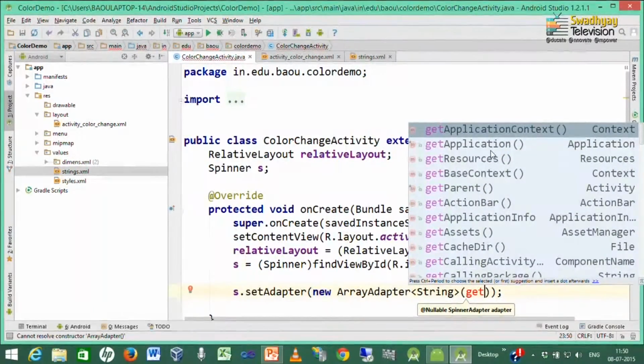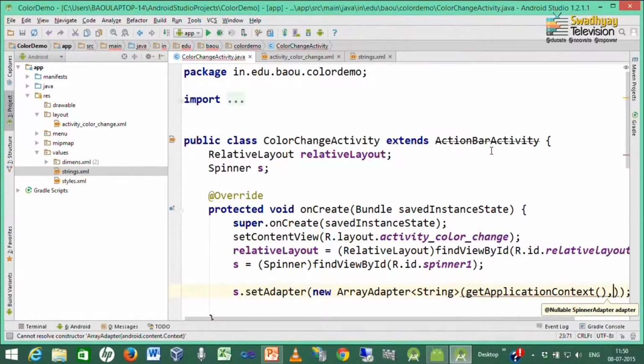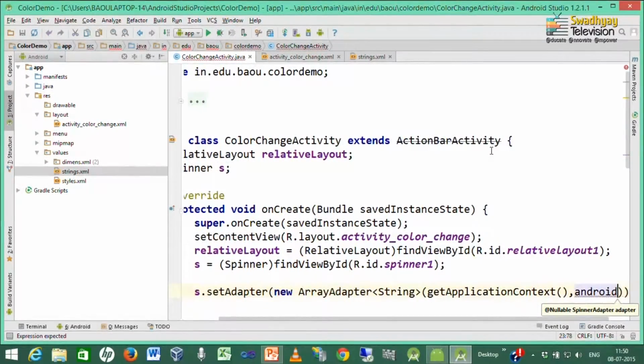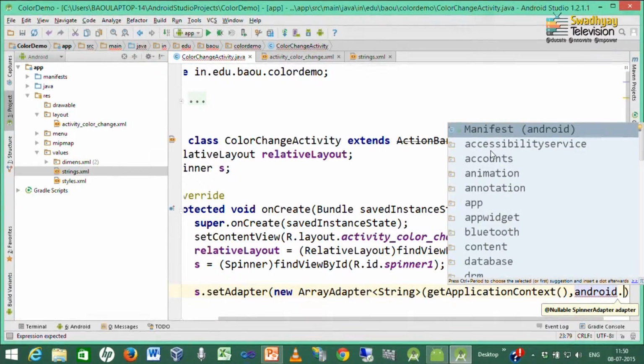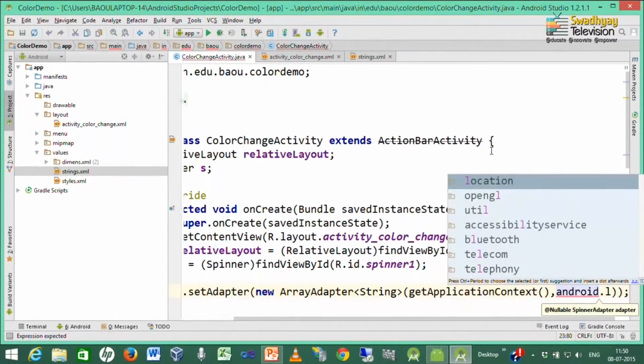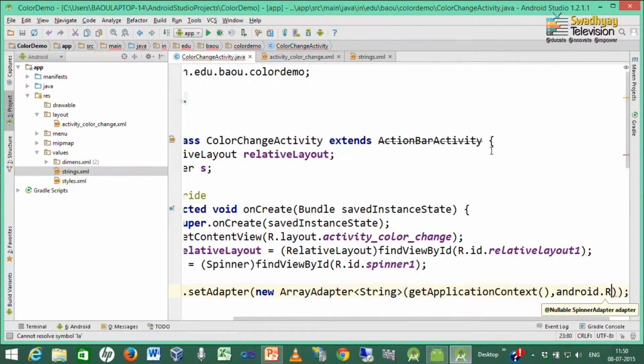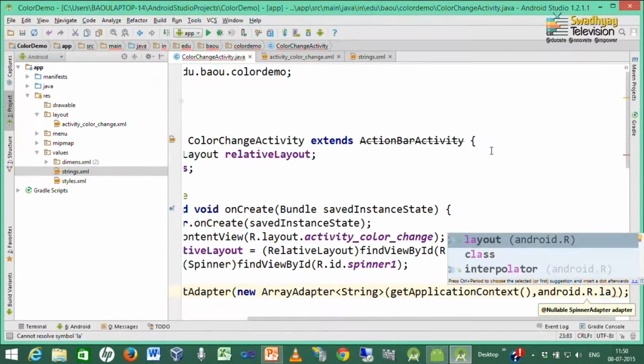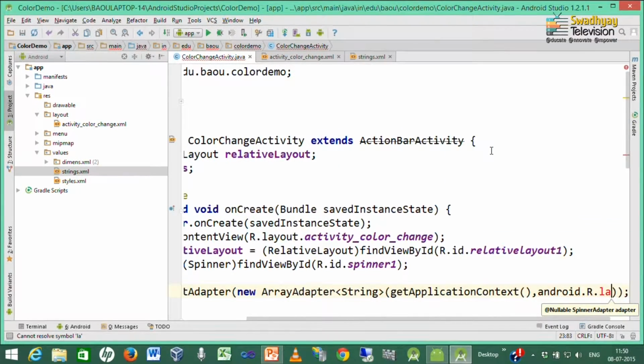First is the application context, second is an inbuilt layout for the spinner,